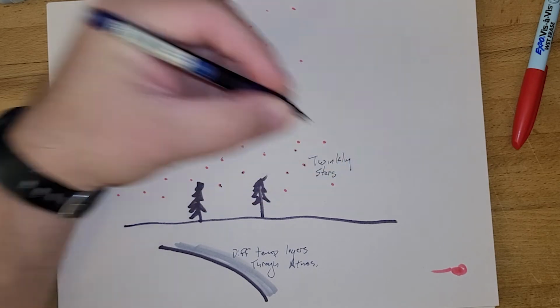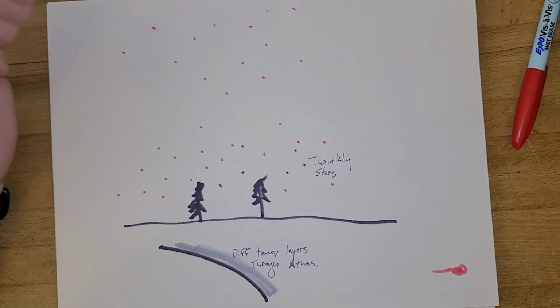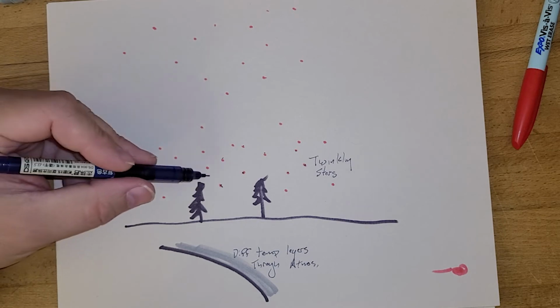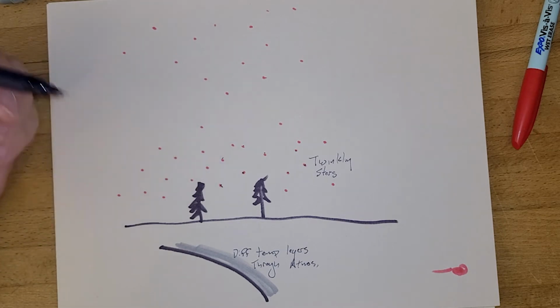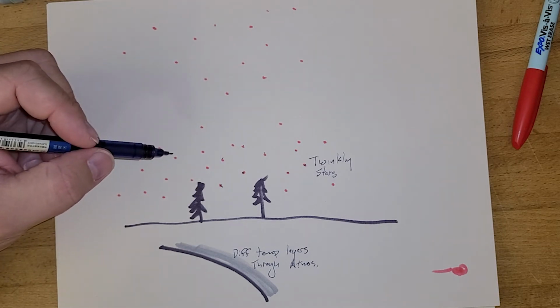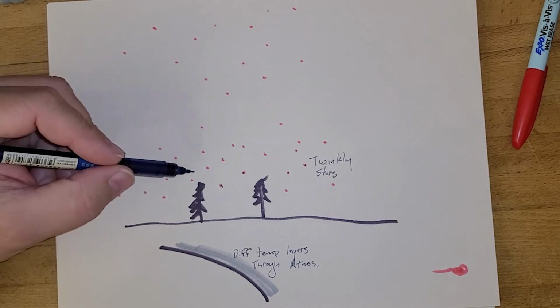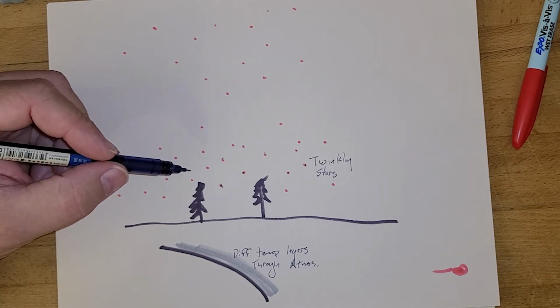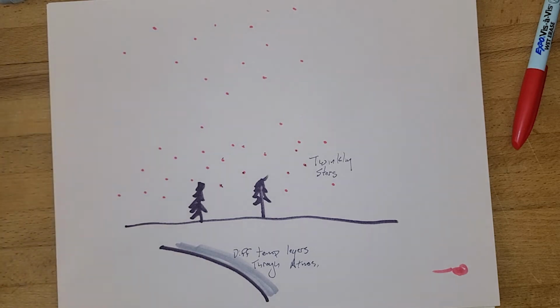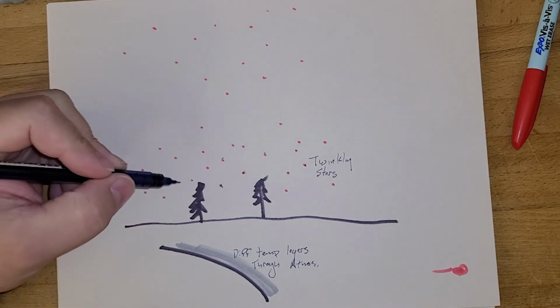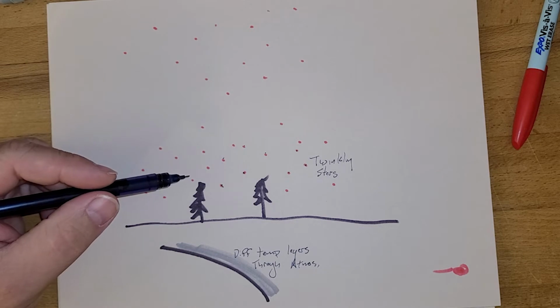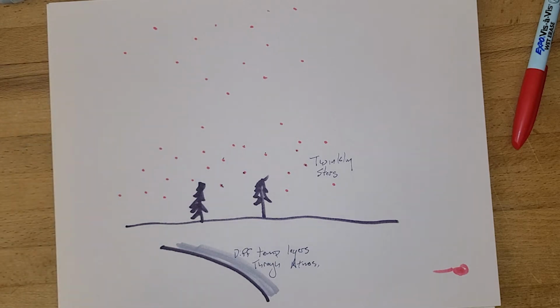Will the ones up higher twinkle potentially? Yes. Are we going to see it as much as the ones on the horizon? No. Are we going to have a lot of other city lights that are interrupting the lights down here on the horizon? We probably will, and that's going to make it hard to see those. So when you're out in the desert or in the mountains away from people, take a look and see if you can tell that these stars are twinkling just a little bit more out on the horizon.